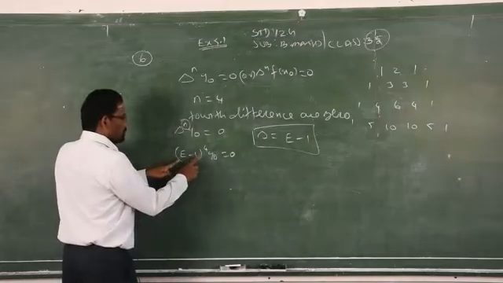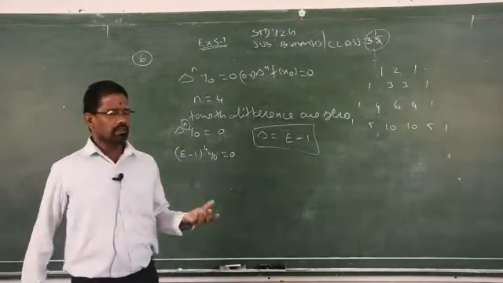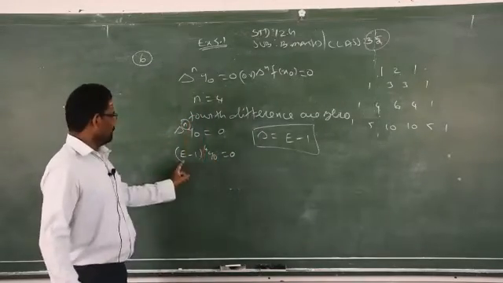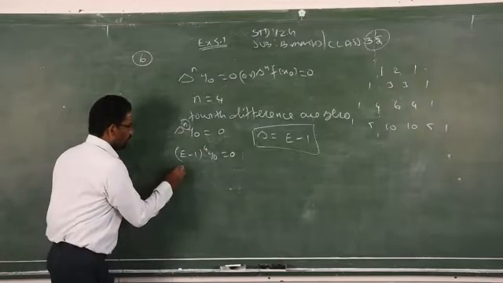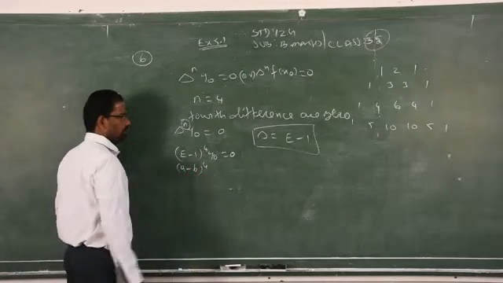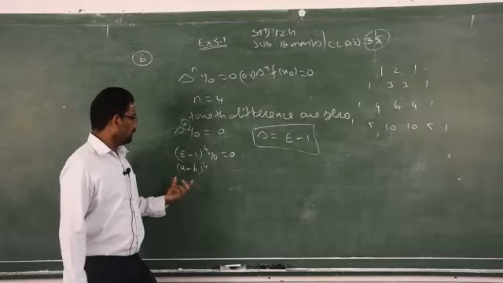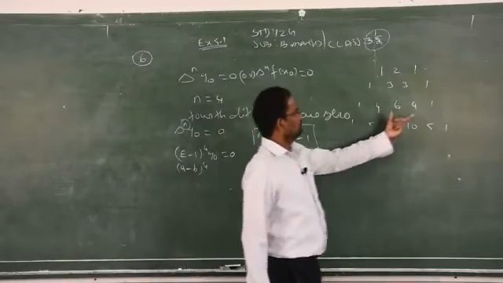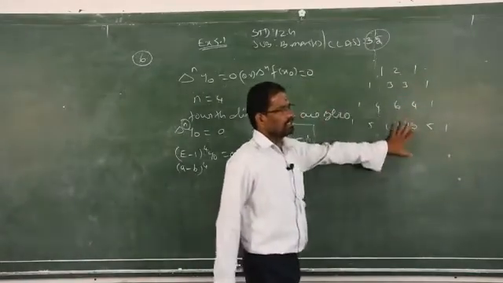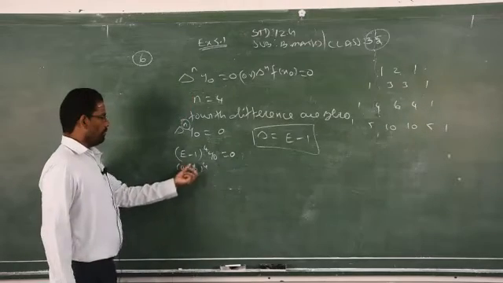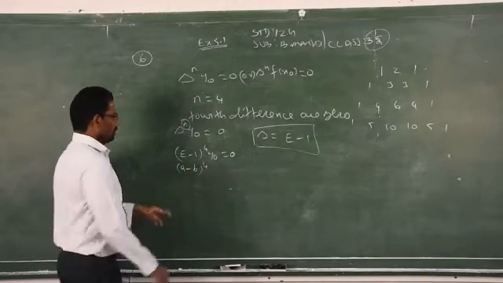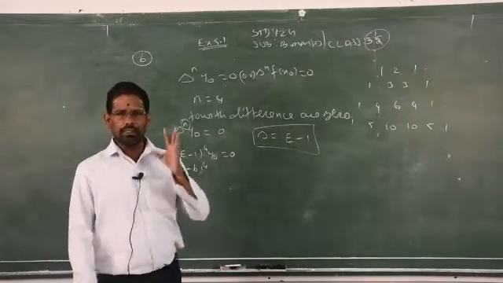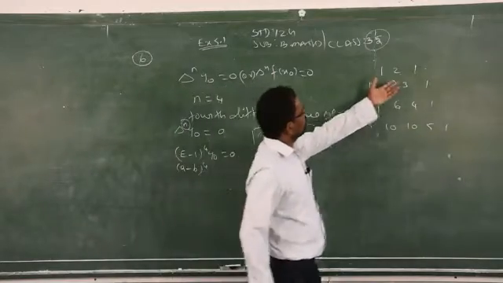Now what is E minus 1 whole to the power 4? If it is a minus b the whole square, it is very easy. A minus b the whole cube is also very simple. But what is given is a minus b whole to the power 4. So we can expand by using the binomial theorem that you studied in 11th standard, or apply this formula. This is very simple. Then you apply the binomial theorem for a minus b whole to the power 4. There are two methods. One is by using the binomial theorem, or you can use the Pascal rule.